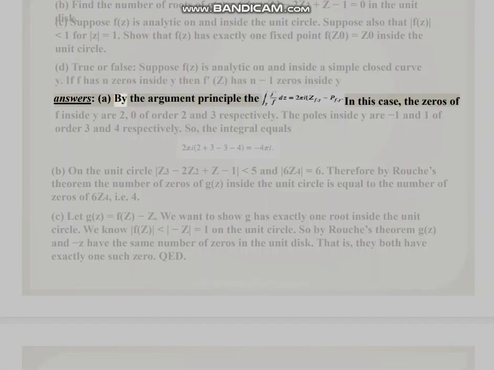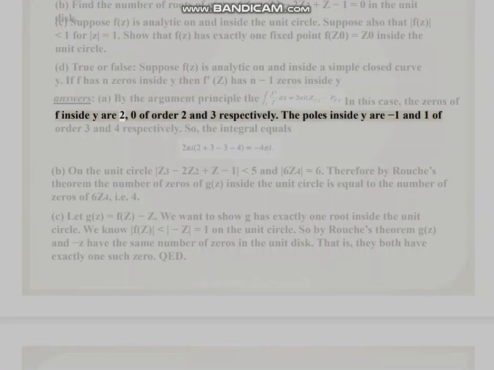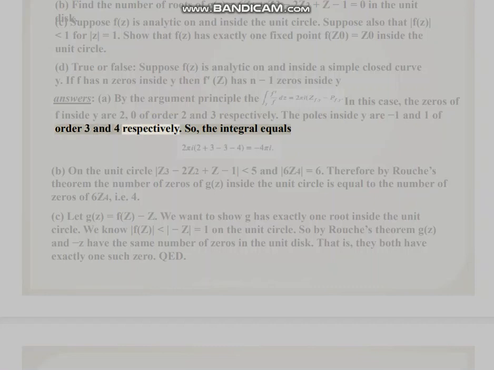Answers. A. By the argument principle, in this case, the zeros of f inside γ are 2 and 0, of order 2 and 3 respectively. The poles inside γ are -1 and 1, of order 3 and 4 respectively. So, the integral equals